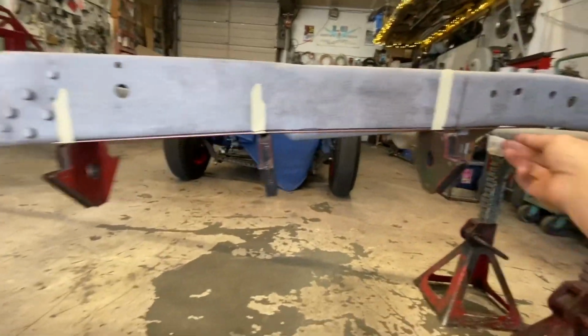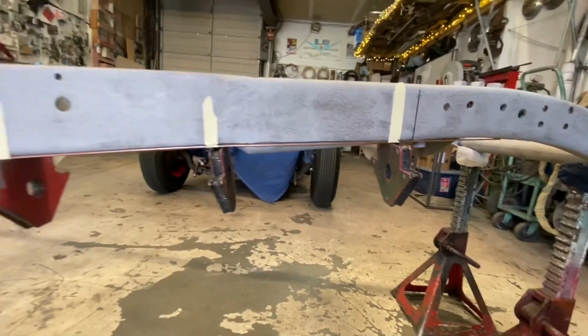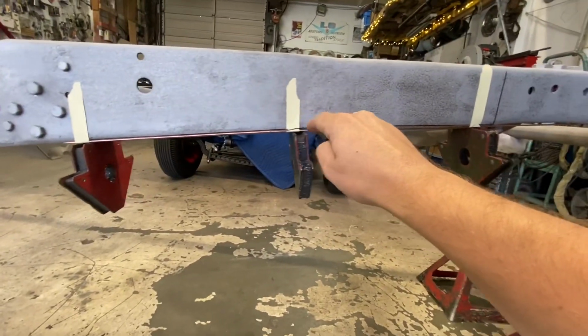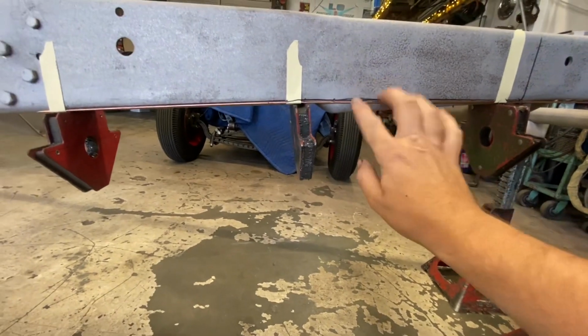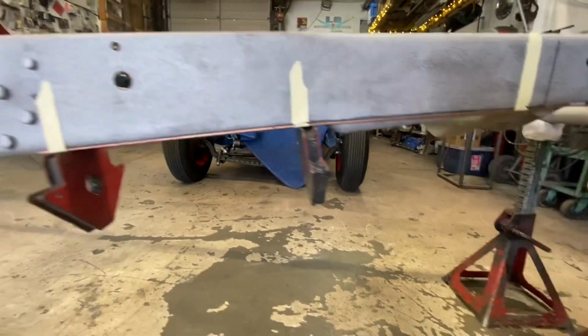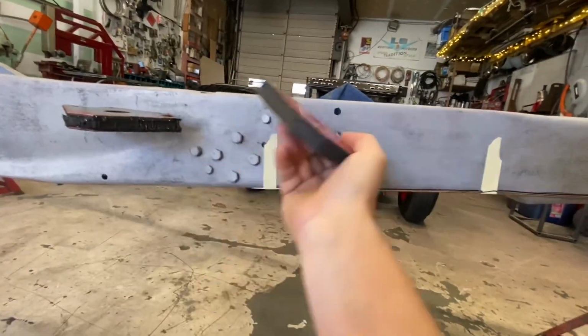Then I just laid, this is just like a 1/8 inch welding rod, I just laid that across there, and that gave us the profile. So I taped that in place to keep it firm and traced it just with a Sharpie here. So now, if we take this off,